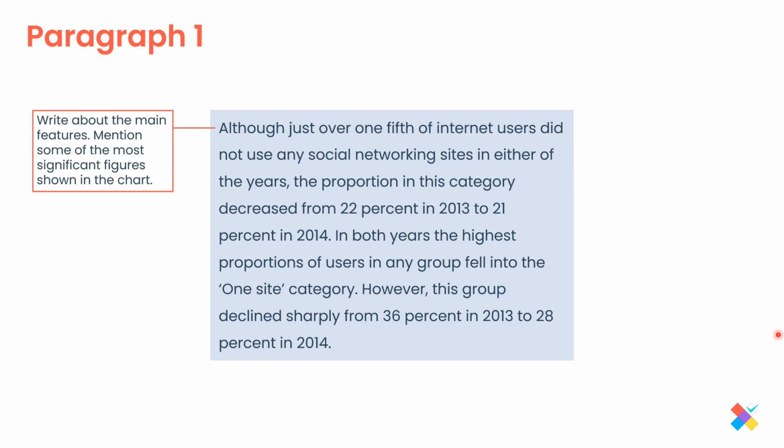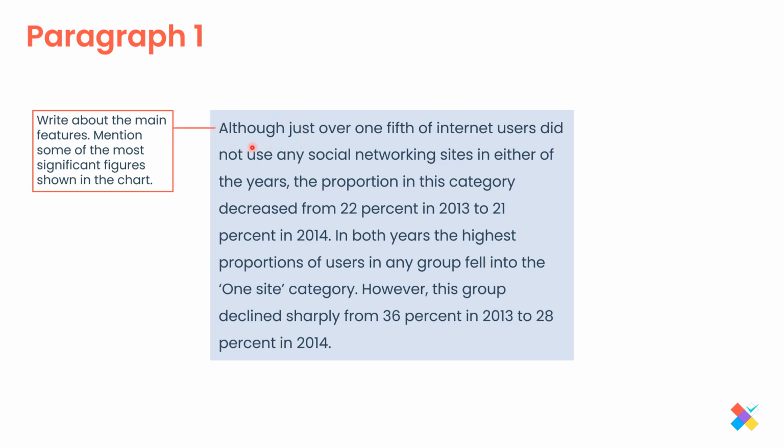So first of all, you have to write about the main feature. Here you have to mention some of the most significant features shown in the chart. And here we're talking about the proportion of the social networking sites. So we have here a synonym, proportion, instead of percentage. We also have some